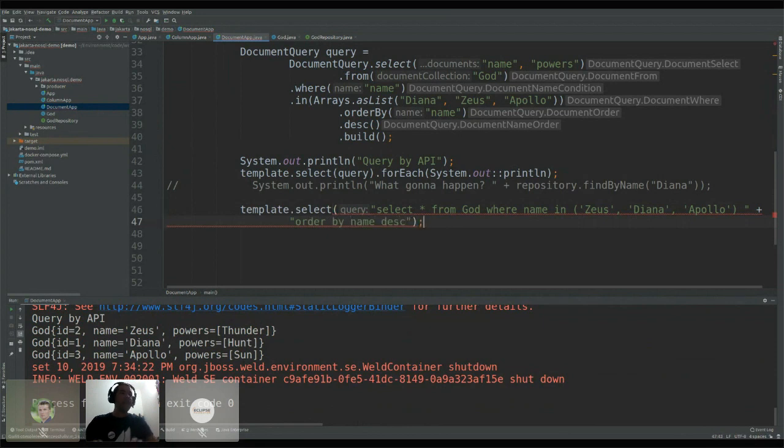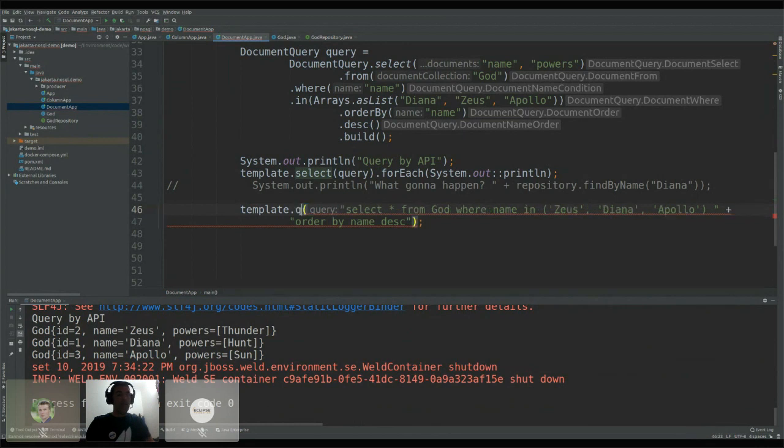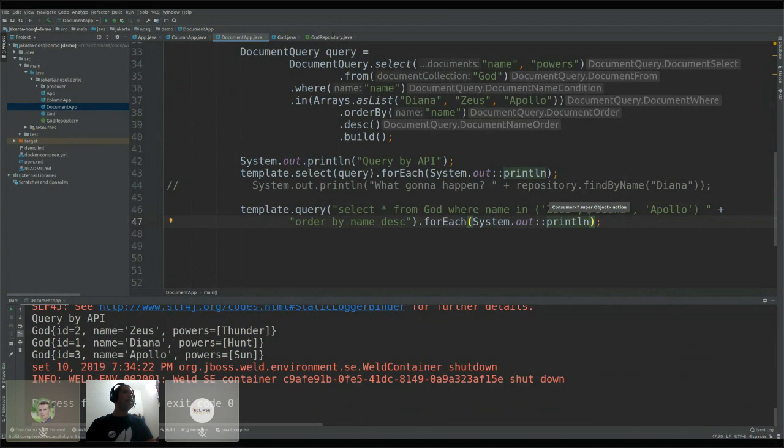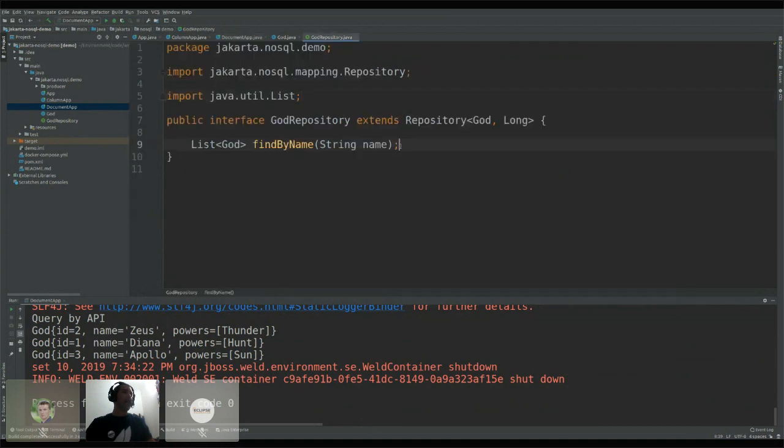So I can have the same query. So let's see what's going on. Okay, this guy here. I can do the same query, and for sure gonna be the same results. So system out println. As I mentioned before, this guy gonna work, and you